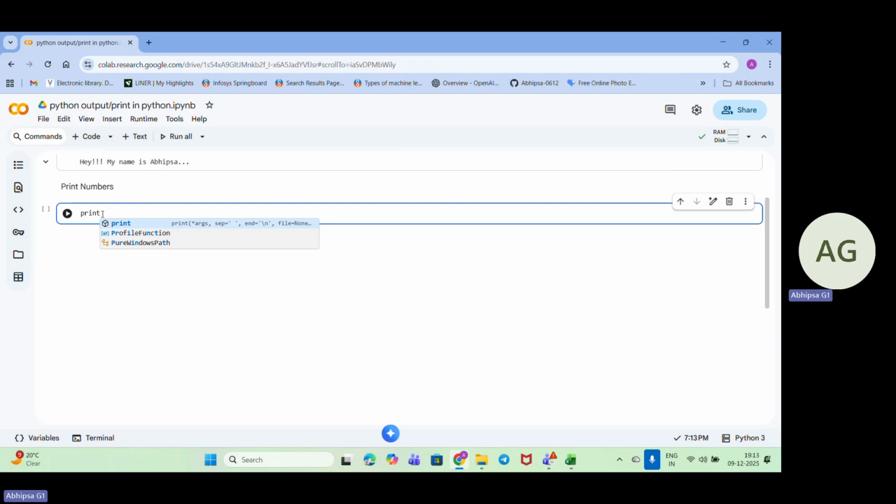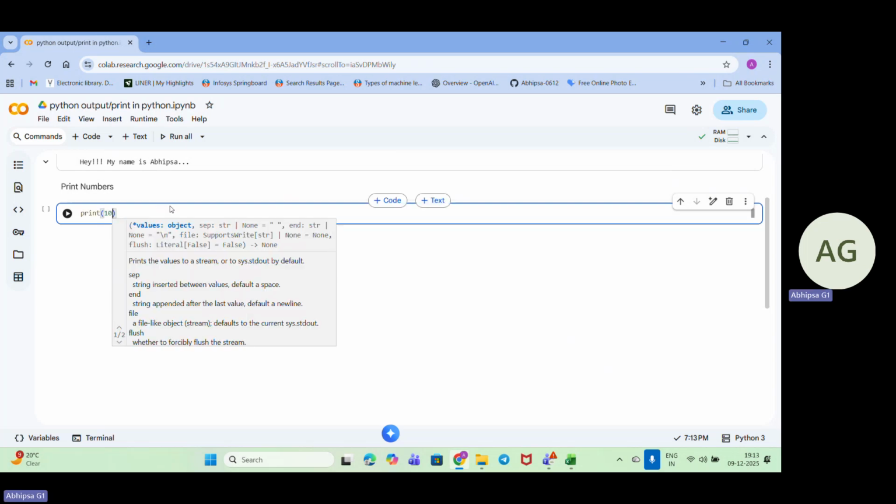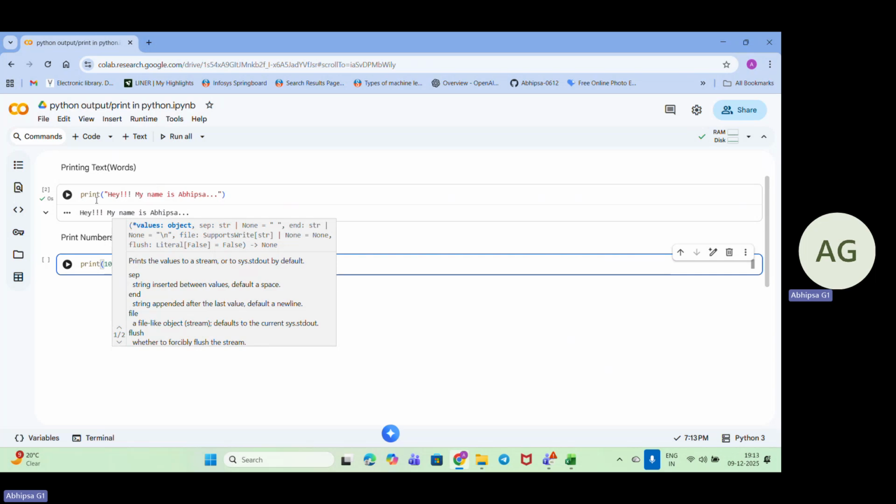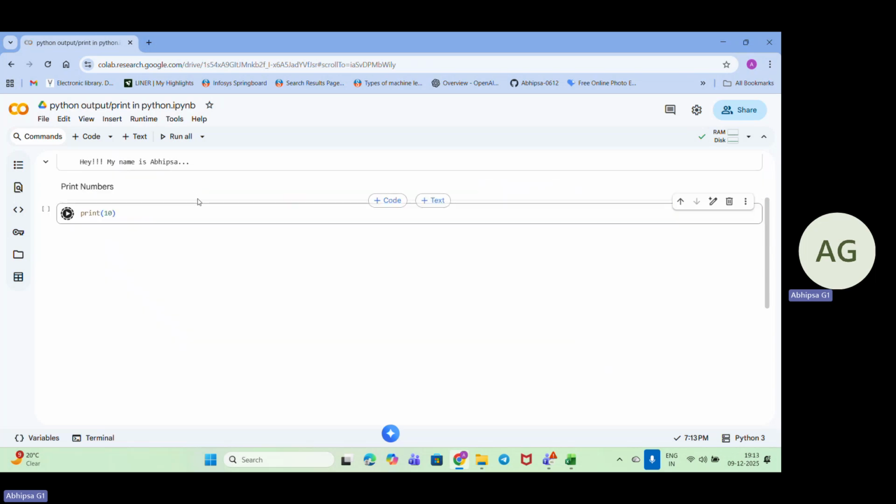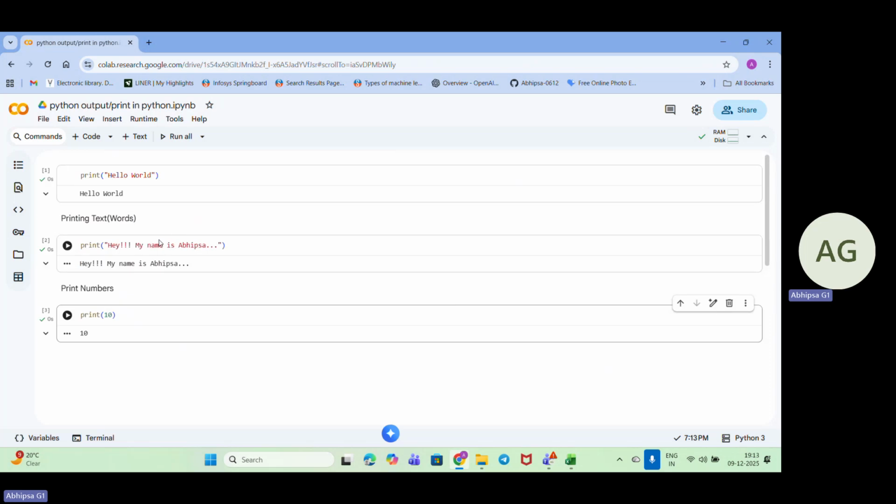Suppose I want to print the number 10. Of course, printing a number doesn't need quotations, right? For text, we need quotations. Now this has printed me 10, because I asked it to print 10.